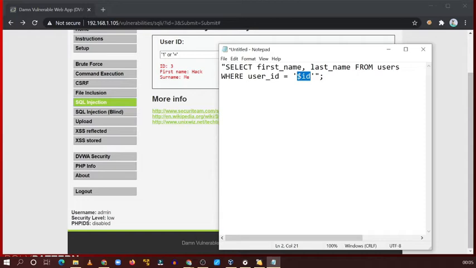So if we simply put this thing, then it will show the one, then this thing. So up to this, the query is balanced. Now the next condition is or,